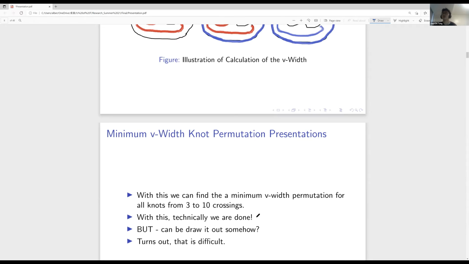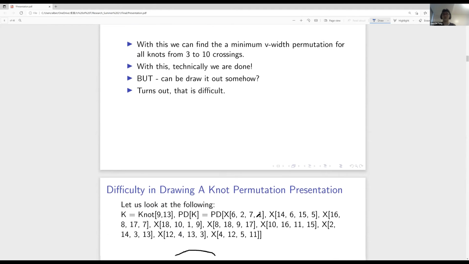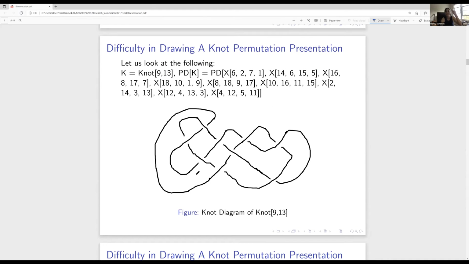But what is going to make this more interesting is if we can draw out and visually see what those minimum virtual width permutations are going to be. But that is not going to be an easy task. So to illustrate that,